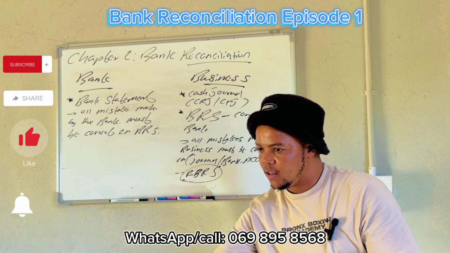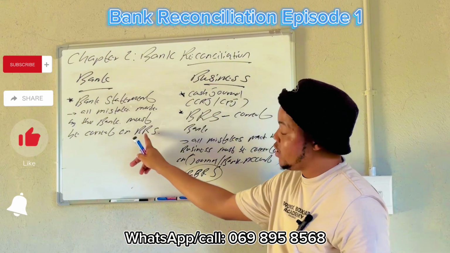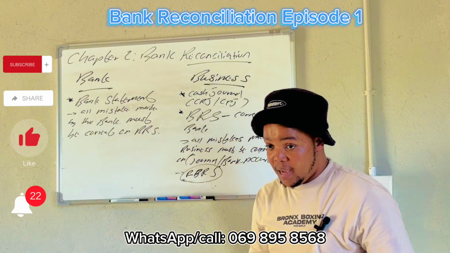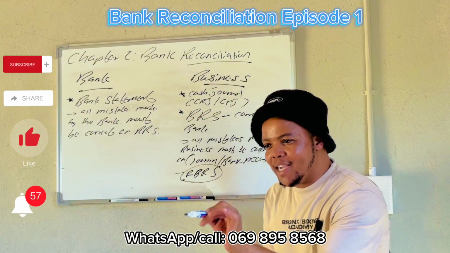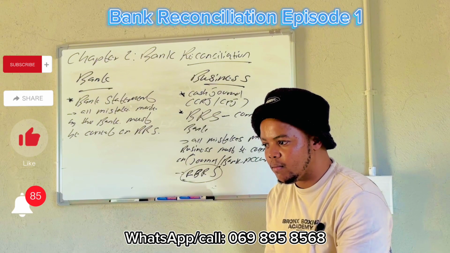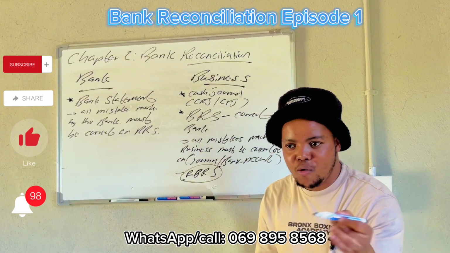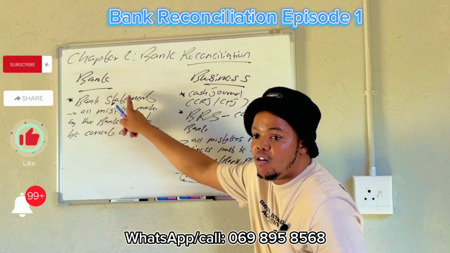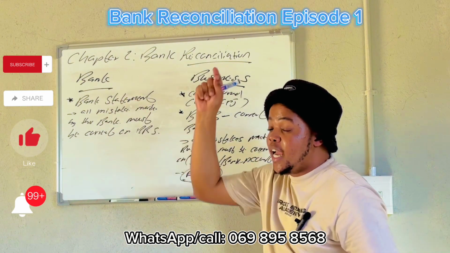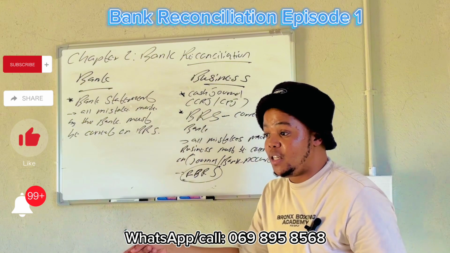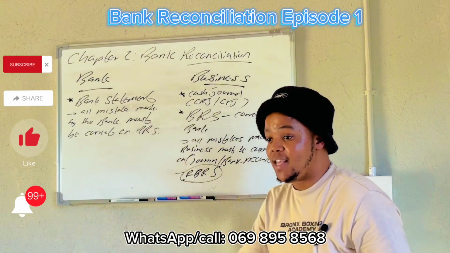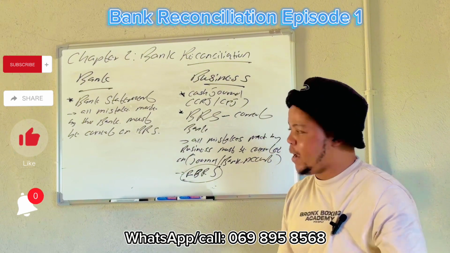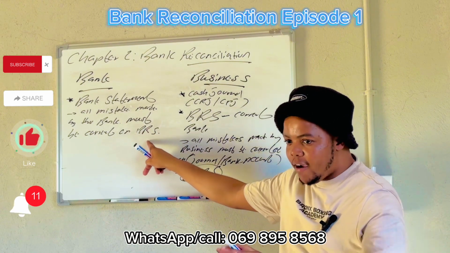The point is to understand that if the business made a mistake, where to rectify that, and the bank, where to rectify. We rectify the bank on the BRS, right? If the mistake was made by the bank, where will we identify that the bank has made a mistake? On the bank statement, right? Everything that is wrong on the bank statement means it is a mistake made by the bank, right? Where are we going to rectify the bank? On the BRS. You are fine with that, right?